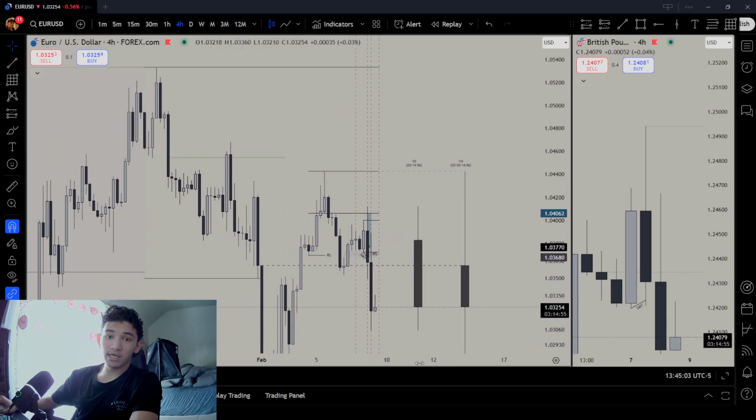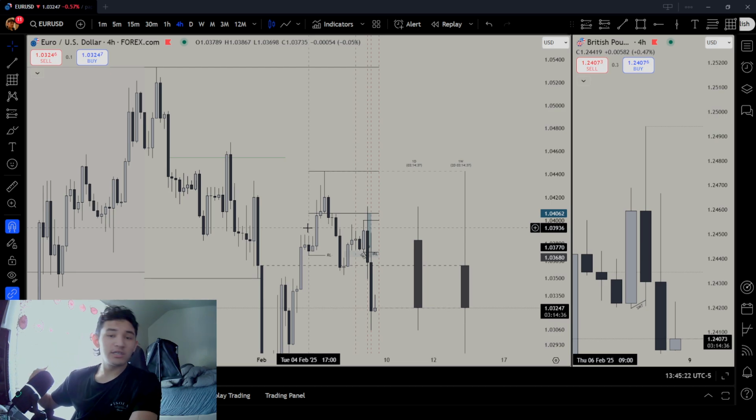But on the daily CRT or any CRT, the 50% mark causes reversals, especially because this is the higher time frame, this is the daily time frame, right? So you have a higher chance of causing reversal. That's why for CRT, I take profit one at the 50% mark. I take profit two at the CRT high, CRT low, right?